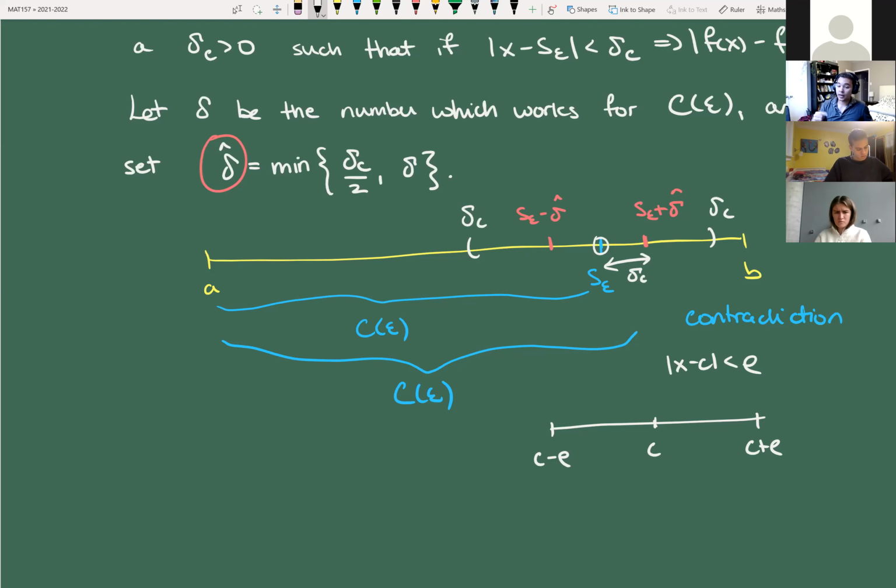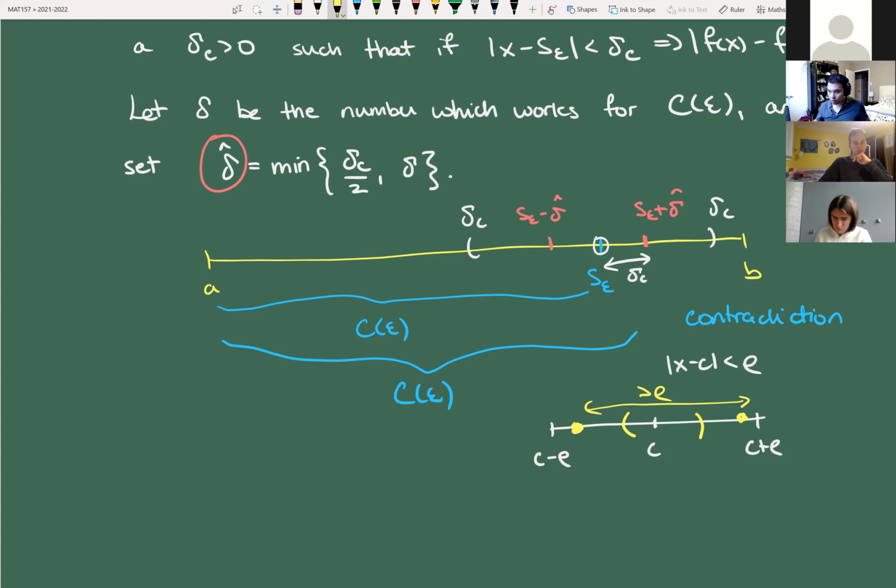So I'm saying the distance from any point to c is at most rho. But what is the distance between these 2 points? It's actually bigger than rho, right? So if I still want to guarantee that 2 points are within rho of each other, I'm going to use rho over 2 on either side of c. And now those 2 points will always be within rho of each other. That's the idea. That's where delta c over 2